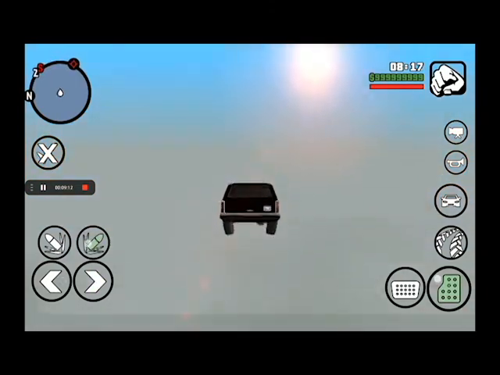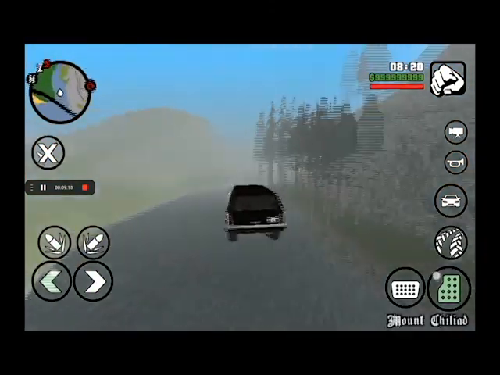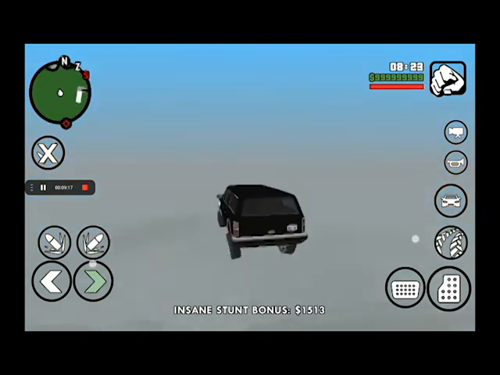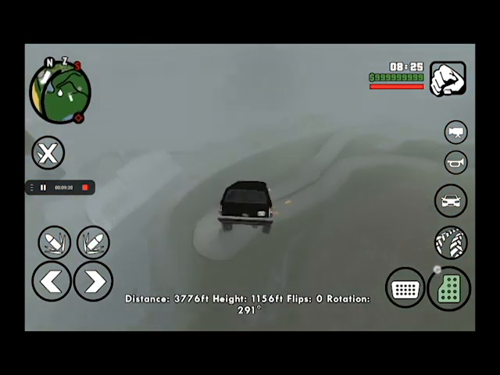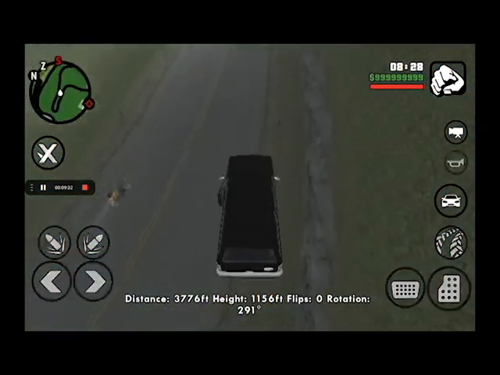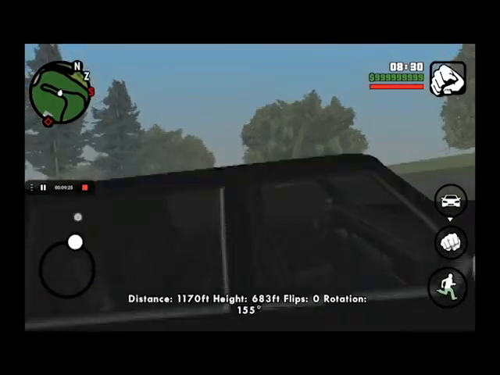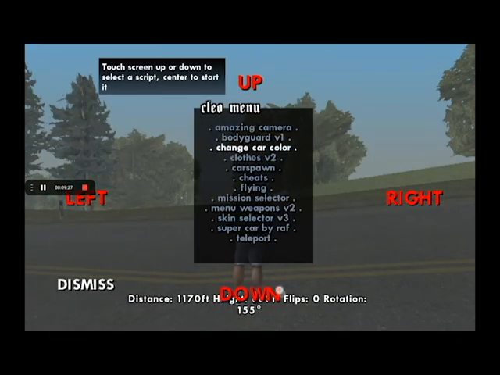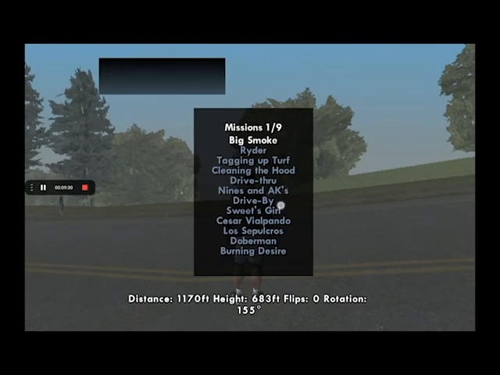Then also you can do another thing, you can spawn many vehicles, and if you wish to play some missions, you can just go here. You have to swipe the screen. Then you can click on mission select. You can do any missions like this. You want to try?